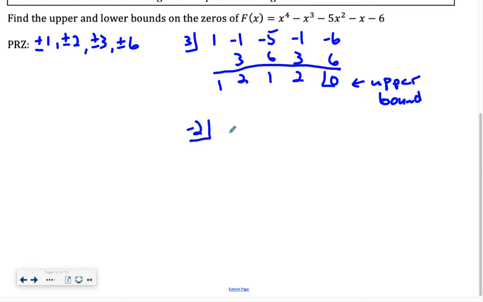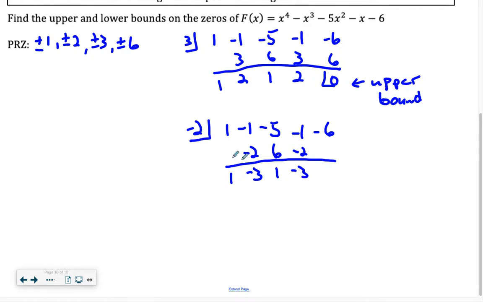So again, I'm going to use my coefficients here of 1, -1, -5, -1, and -6. So bring the 1 down, multiply, add, multiply, add, multiply, add, multiply, and add. So we actually find that -2 is a 0, but we also find in the last row